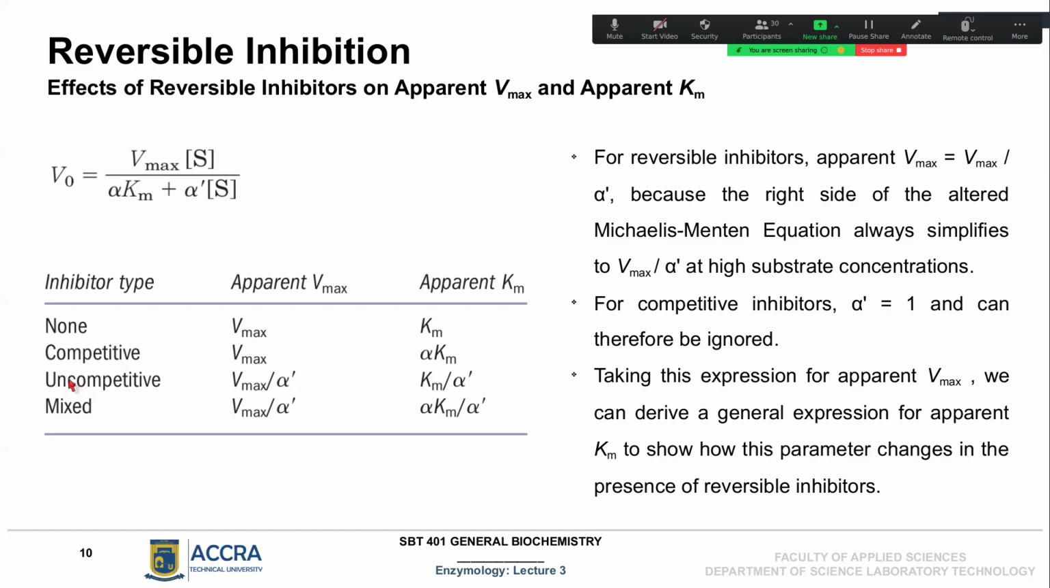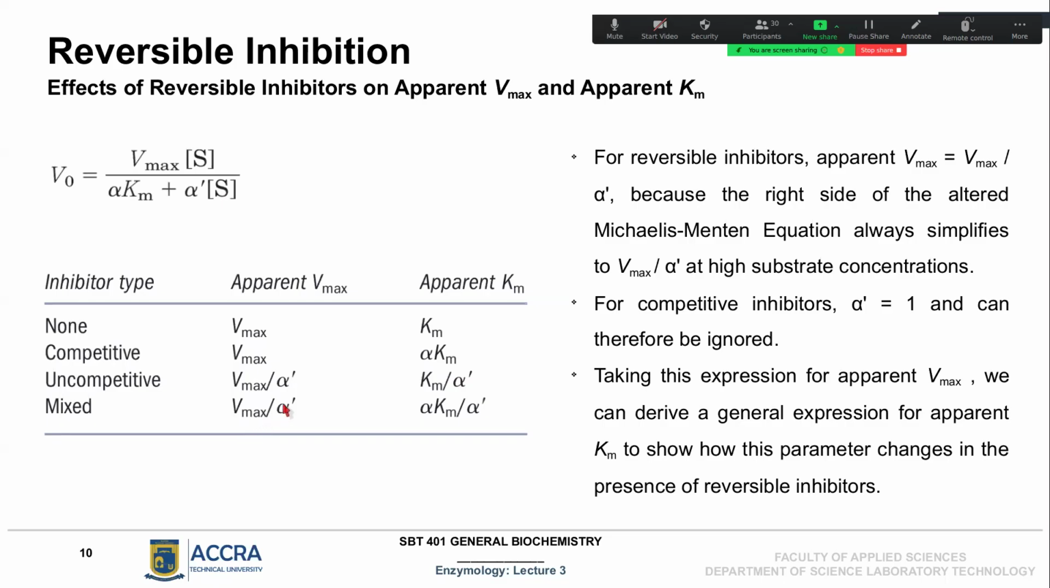And then for uncompetitive inhibition, we saw that the maximum rate of reaction is reduced. And it's depicted here that it is reduced by a factor referred to as alpha prime. Similarly, the Michaelis-Menten constant, the concentration which is needed to reach half of the maximum, is also reduced by the same factor alpha prime. And for mixed inhibition, which is uncompetitive inhibition occurring by two different paths, you have the